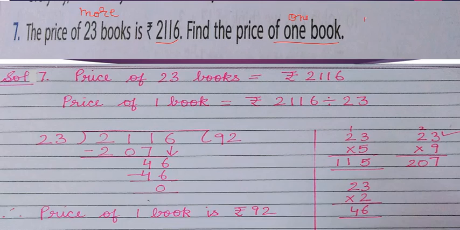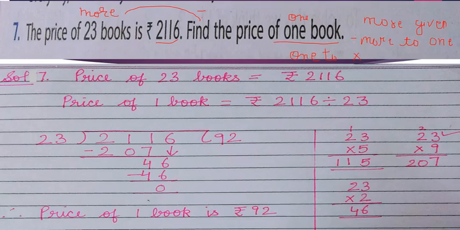So the concept is like this. If more is given and you have to find one, what do we do? We divide. Okay, you can make a hint like this: more to one, divide, and one to many, multiply. Let me write it for you so that you can understand. First let us focus on this point. More to one means if you are given more and you have to find the value of one, you have to divide. And if it is one to more, then you have to multiply.